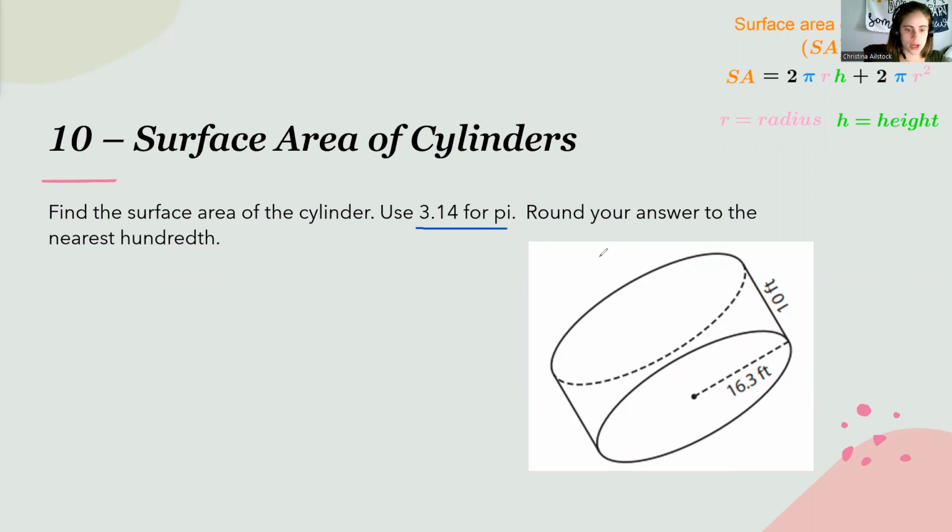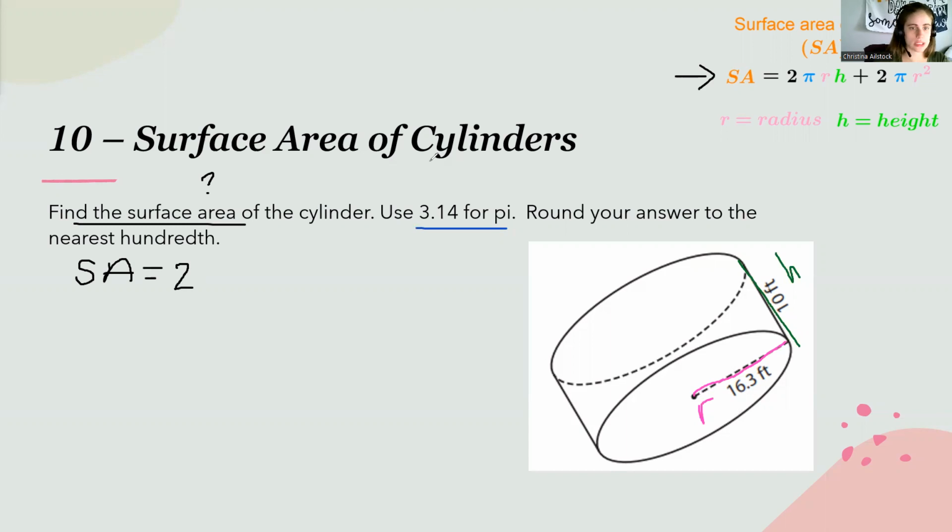We're using 3.14 for pi. We have a height of 10 feet, and we have a radius of 16.3 feet. So now let's just plug all of that in to our formula. Our formula is right here. We are being asked to find the surface area, so that stays SA for surface area, and that's multiplied,